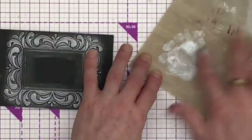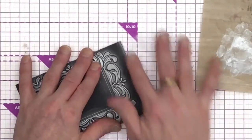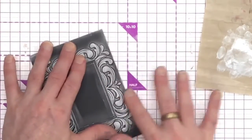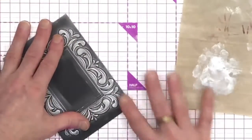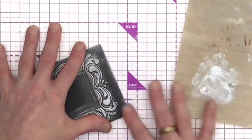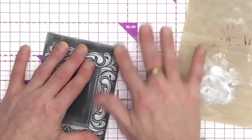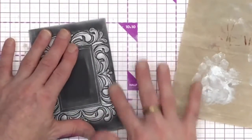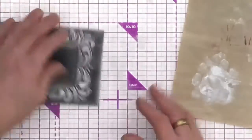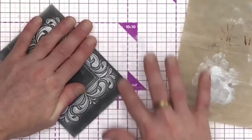And then also what I'm going to do with just a little bit of the excess, I'm just going to blend with my finger, starting on my glass mat and then blending on. So I'm just going to work my way round, and I'm really just trying to use what excess I've already got, because I don't want to go on with a fresh finger selection of wax and then make that really quite heavy and strong when I don't want it. So I am just really using the excess that I've got just to blend all the way round. And then I'm just going to go in once again just with my finger and work it in,